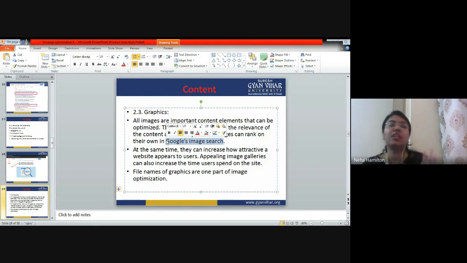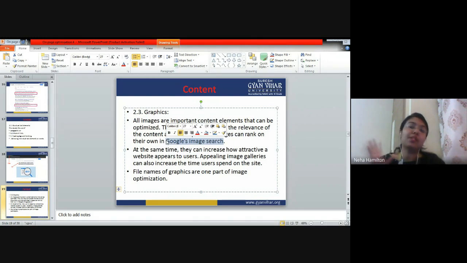They only read the flowcharts or the infographics, and they understand what the content is that is included in a particular thing. So there is no need for them to read the content, they are only searching for images. So for the people who are actually searching for images, it is a good idea to add some good images in your blogs. Now what are these images going to do? These images are going to list you in the Google image tab.